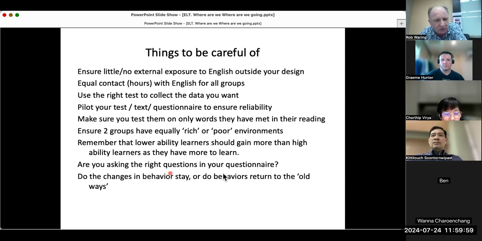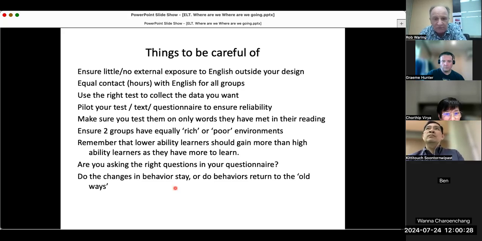Make sure you ask the right questions in your questionnaire, and do changes in behavior stay? So, you may find an instant gain, but make sure you have a delay test as well. And the reason I put these here is these are typical problems that you find in the construction of extensive reading or vocabulary questions. People tend to ignore some of these things. And I put them up here just as a kind of flag for you, don't forget about these ones,